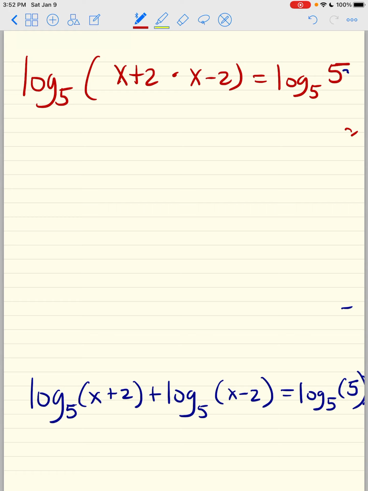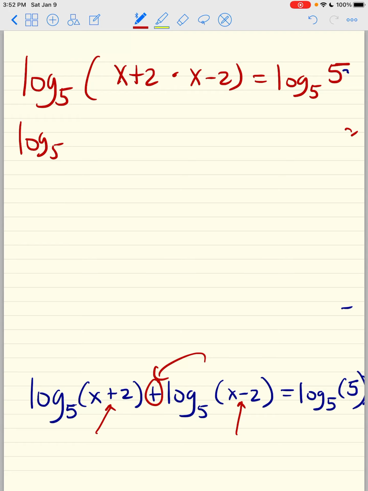base 5 of 5. Now remind yourself that only the plus sign that's in front of the log becomes a multiplication. This does not become a division. This does not become a multiplication. It's got to be in front of the log. So